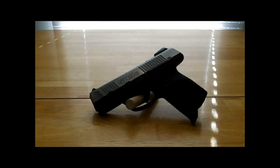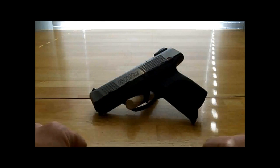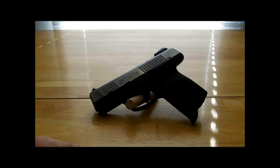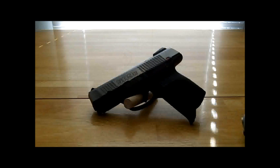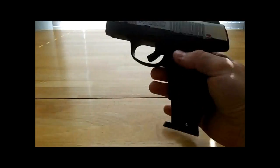Versatility is a big plus with the SR9C. You basically have 3 guns in one when you get this. You have a concealed carry gun, of course, as is the compact version with a shorter grip and slightly shorter barrel. You also have a home defense gun, because you have this Picatinny rail here, just the same as the full-size model. And you also have a range gun, because this does take the full-size 17-round magazines from the full-size